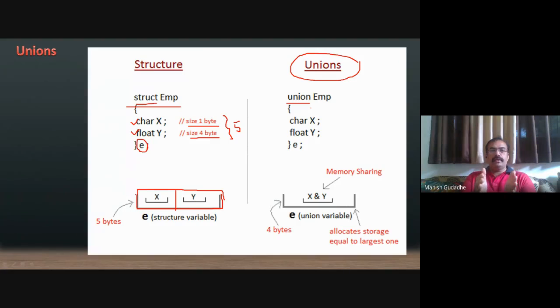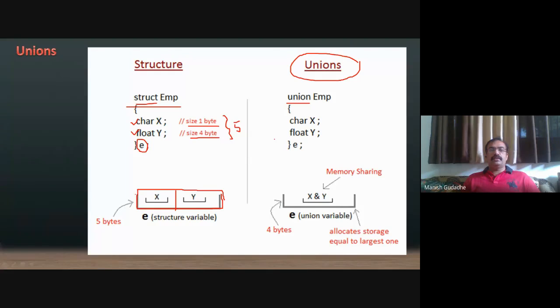As we bring dissimilar elements together in a structure, the same is done with the union. We can create variables and arrays for it, we can use pointers, and we can also use nested unions.